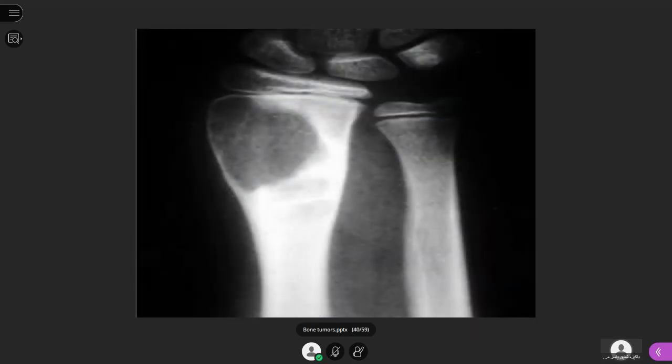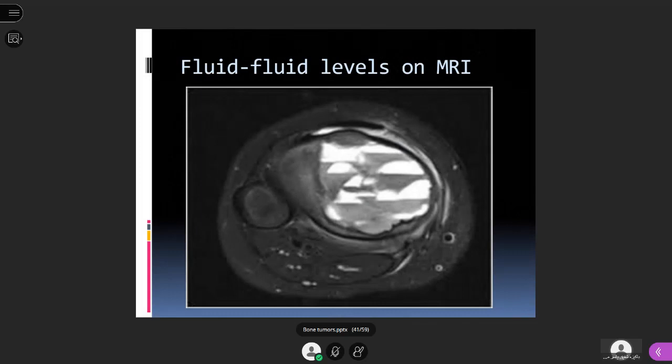What will MRI tell you? MRI will tell you fluid levels. Okay, see, this is an MRI. This is fat saturated MRI. What do you mean by fat saturated? Fat saturated means that you have suppressed the fat. That's why the bone appears black to you. Okay, both these bones, this is tibia and fibula, they appear black to you, but see the lesion, this is the lesion now. What is the appearance of the lesion?